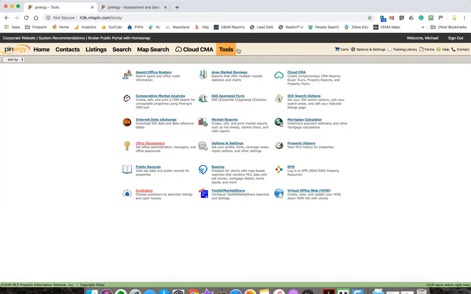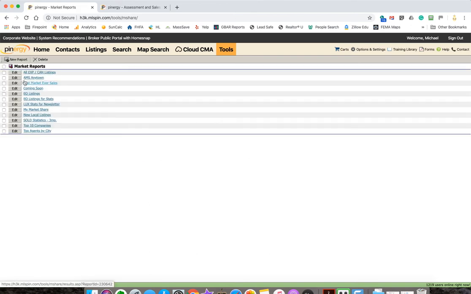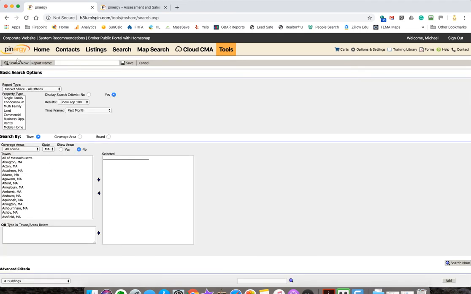Next, we're going to do the area market survey. This is a great report. You can use this in so many different ways, but we're going to go to Tools, Market Reports. I've created this link called AMS Anytown. If you don't have it already, we'll just go ahead and create one. So I would say AMS Anytown. Just call yours AMS Anytown, but I am going to have a dupe here. And you're going to go to